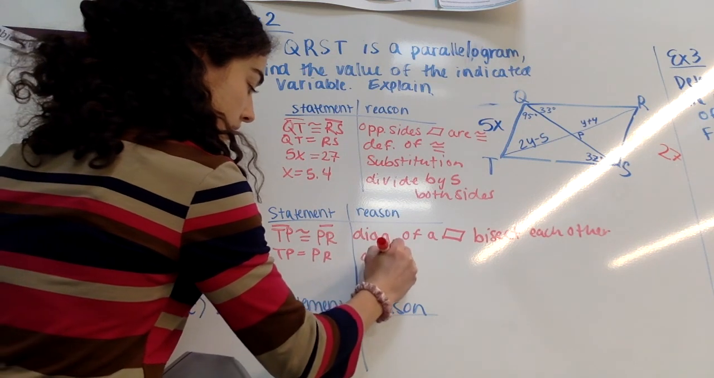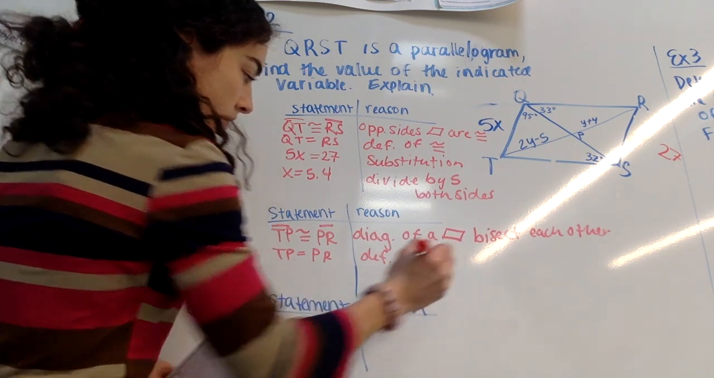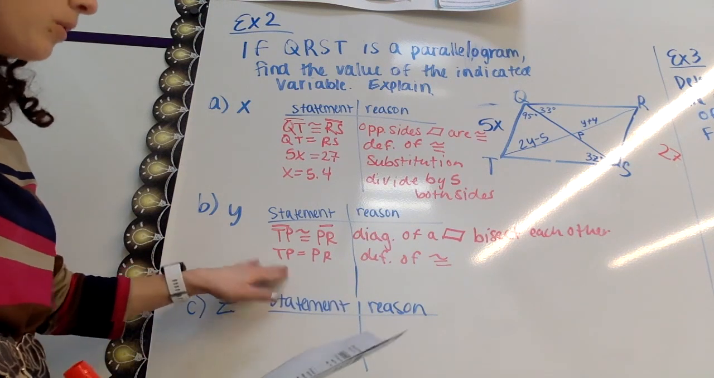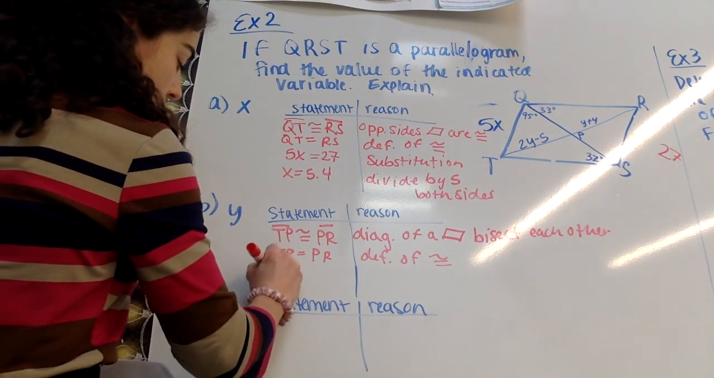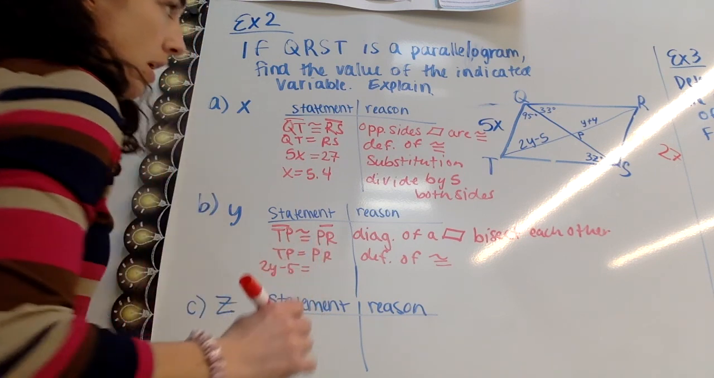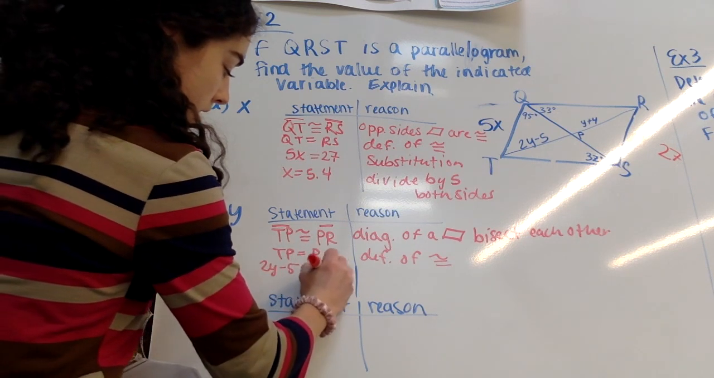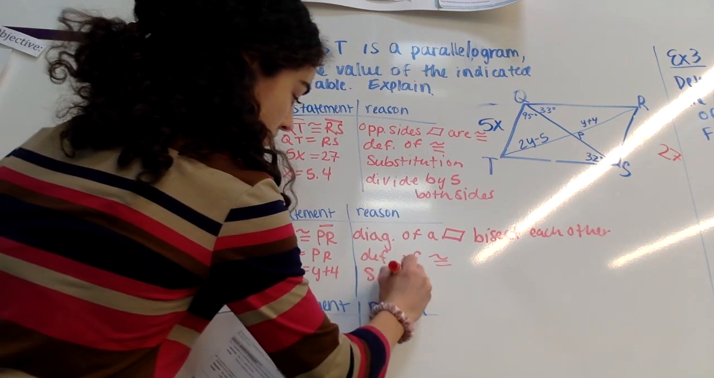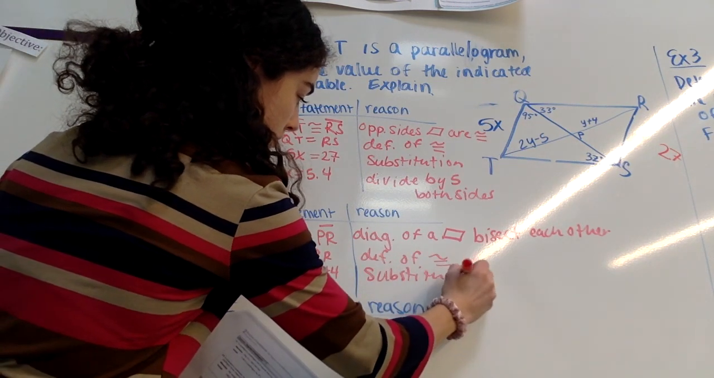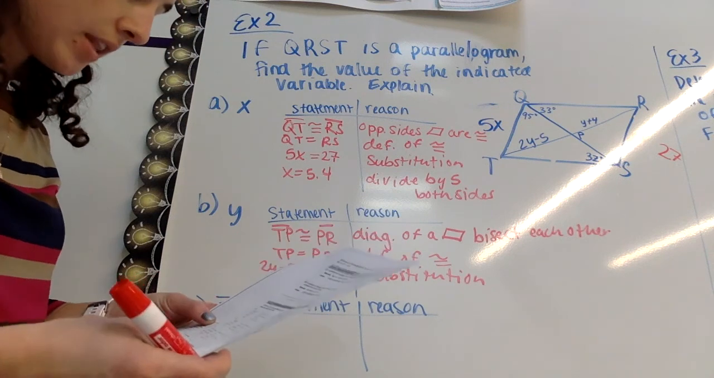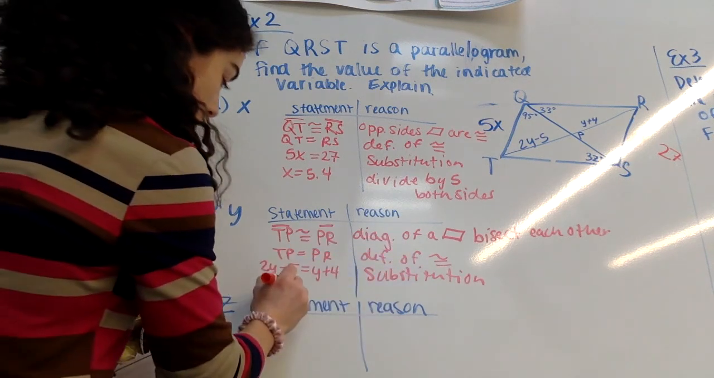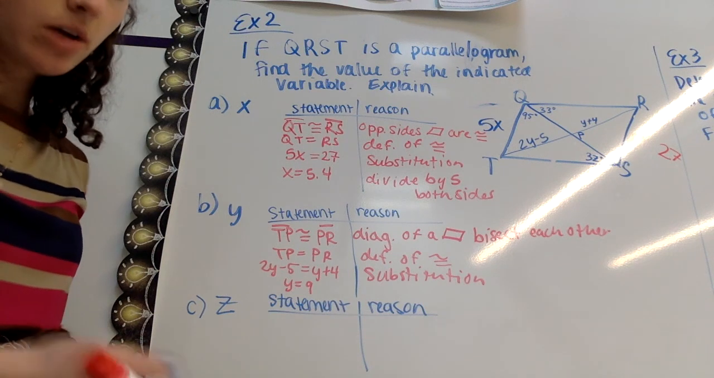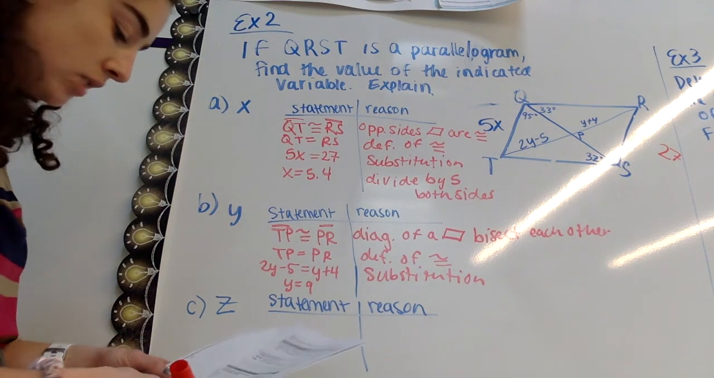That's definition of congruence. And so then we can plug in what we know. We know that TP is 2y minus 5, and we know that PR is y plus 4. That's substitution. And then I'm going to get y equals, I'm not going to show the math here, but you're going to have to show the math in order to get this answer. Y equals 9, and that's by